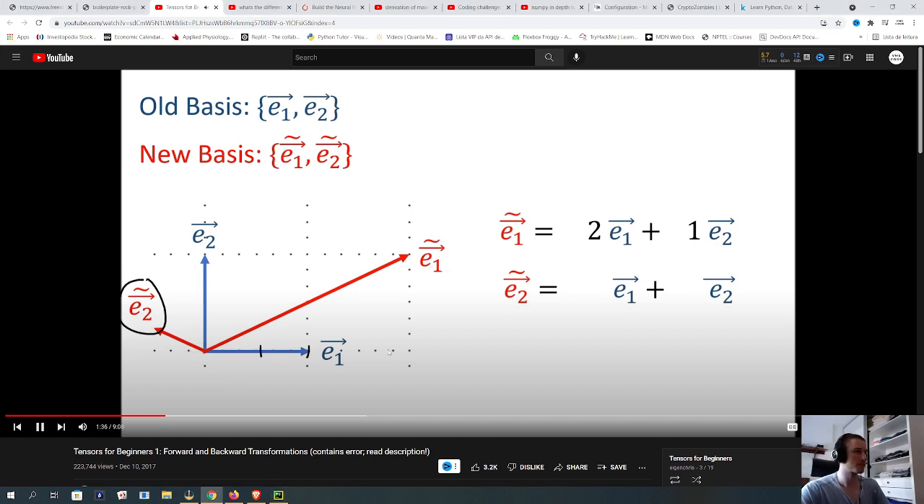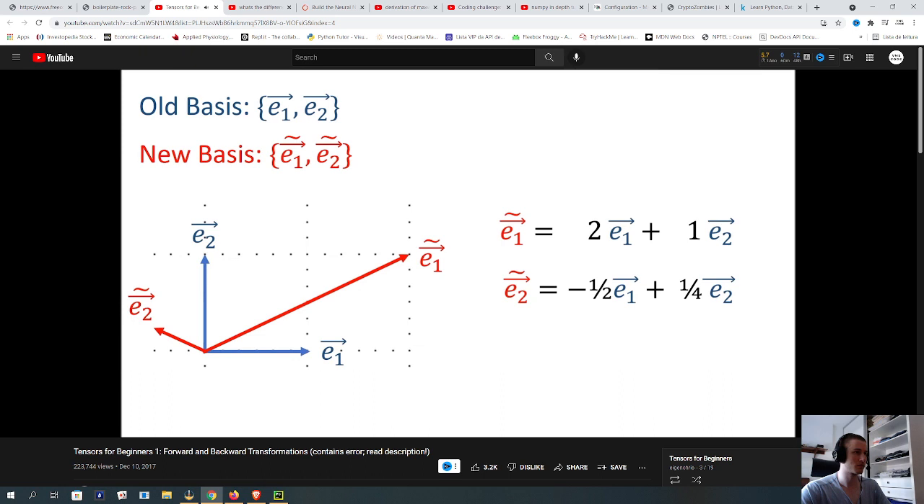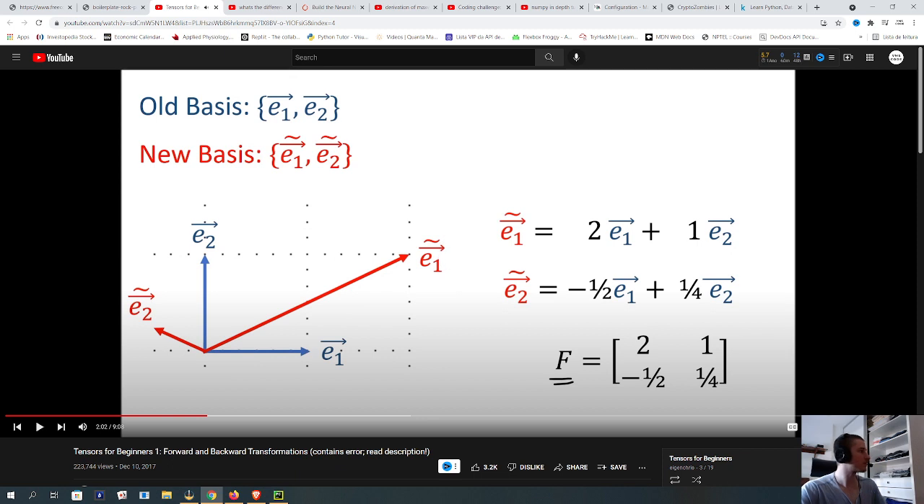Opposite direction, so that's actually minus a half. And then we need a quarter of E2. So I'll just write those in. All right, so what we've done is we've written the new basis vectors as linear combinations of the old basis vectors. And if I wanted to, I could store these four numbers in a 2x2 matrix called F for forward. And so that's really it. That's the entire forward transformation. If we know